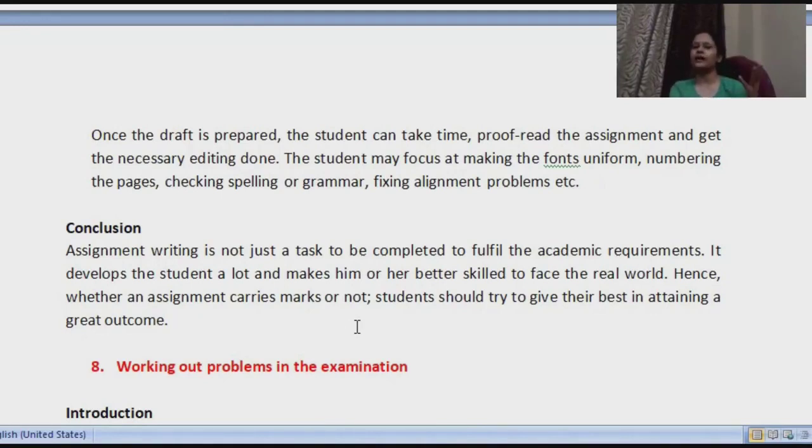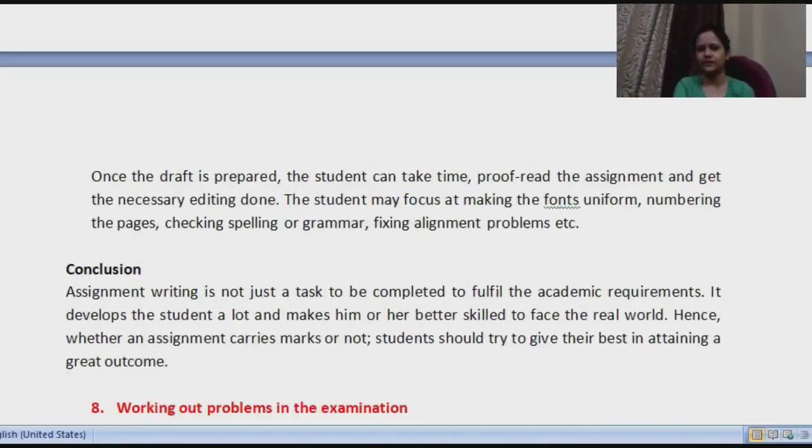Just because you had written that assignment on obiter dicta, now you can say very confidently that obiter dicta you need not explain, I already know it. How do you know it? Just because you had given time at that point of time, right? So finally, you can conclude that whether it is having marks or not, we should be focused and properly write it. Okay. So is it okay, ma'am?